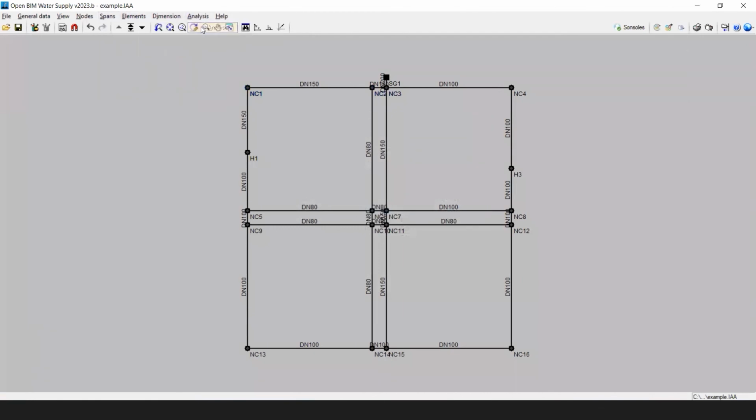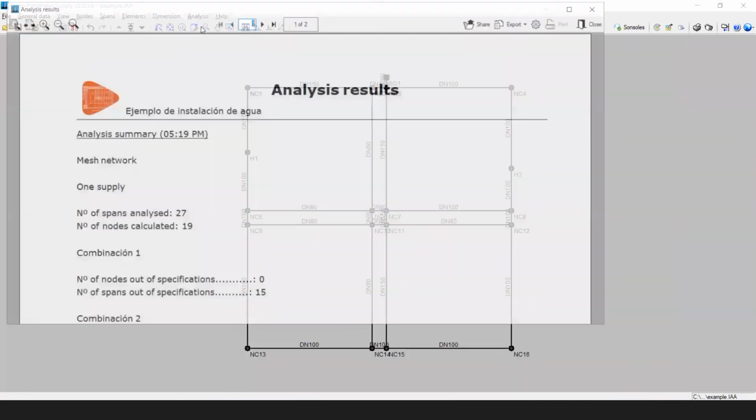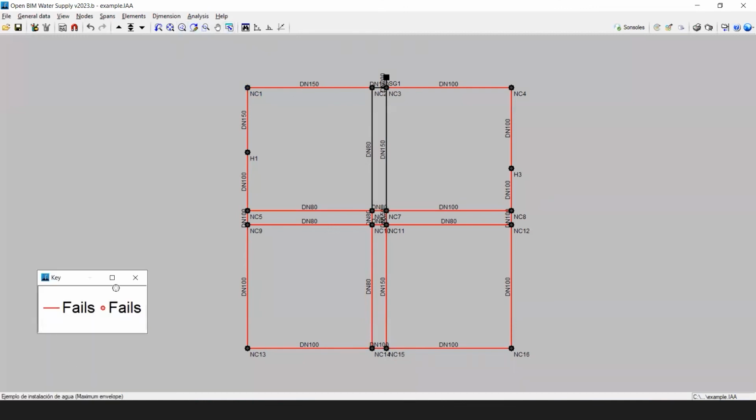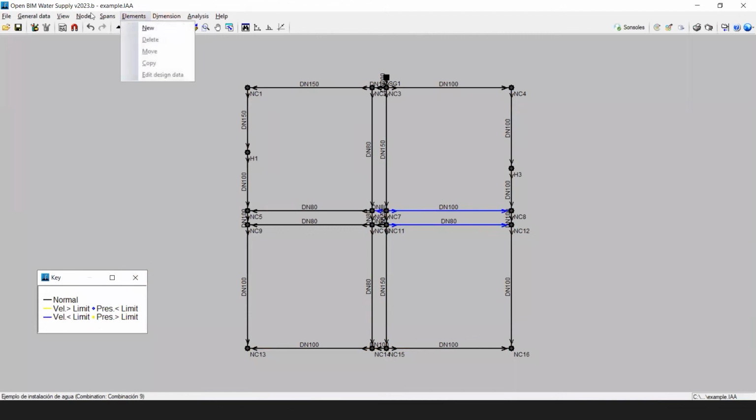Okay, so let me analyze this one and show you that the results are also very similar to consult, because again, we have the maximum envelope since they are the worst combinations, like the worst result of each combination. They never meet the requirements because you have to consult them by combination, and again, you have a key to know what the colors on the spans mean. And you could again consult, well, we have one